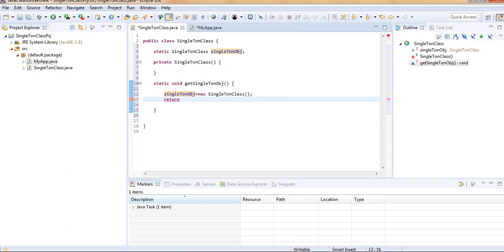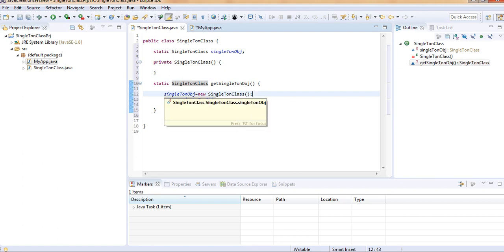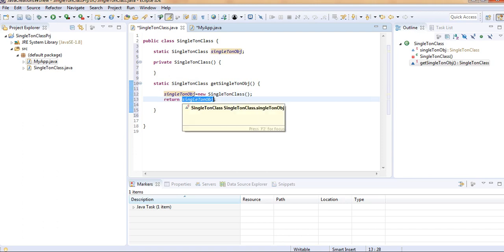It's giving me an error because I have taken it as void. Now I am going to change it like this. So you can see that I have assigned this static variable of type of this class, assigned the object of this class in this way, I can also say, and returned it. Okay,